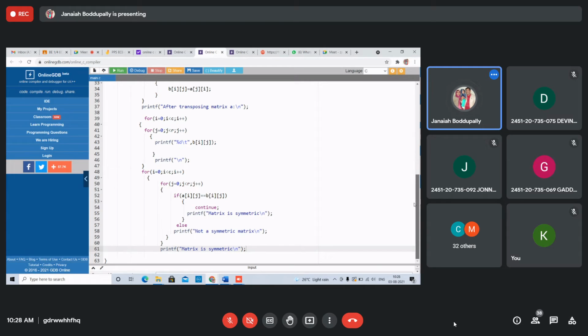Understood, students? Just compare the elements one by one, corresponding elements. A of ij equal to B of ij, right? After transposing, A of ij equal to B of ij, else printf not a symmetric matrix.